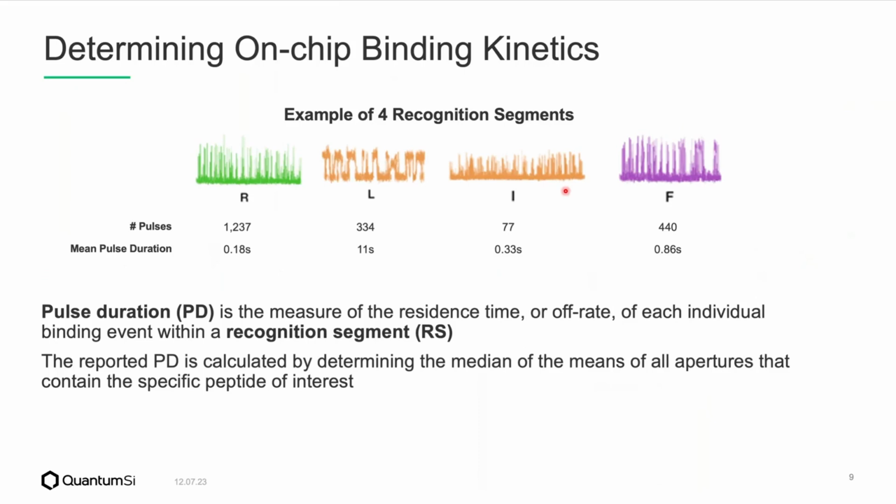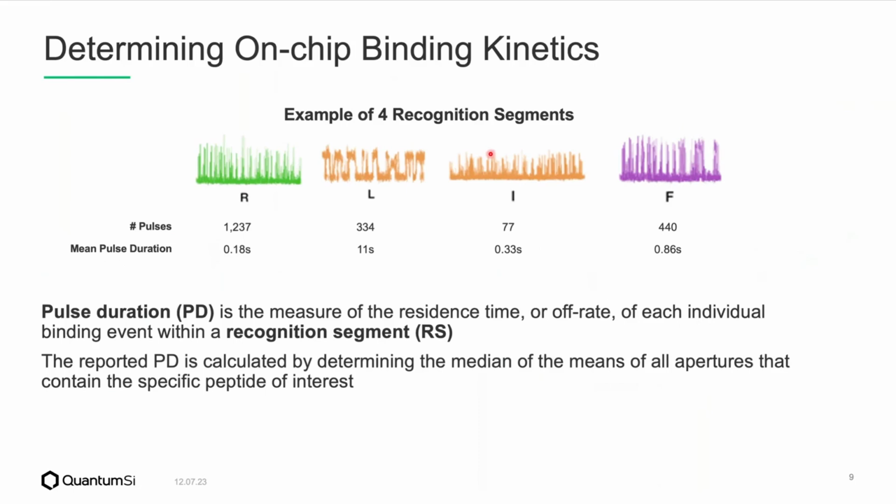Once we have identified a recognition segment, we then determine the number of pulses and the average length of each binding event within that pulse, and that value is reported out as our pulse duration. It is these differences in pulse duration within a single recognizer that enable us to discriminate multiple amino acids. As shown again in this example above, we have this leucine recognition segment, which has these longer pulses and an average pulse duration of approximately 11 seconds, compared to the isoleucine using the same recognizer, but with much shorter pulses that average approximately 0.33 seconds. So it's a combination of these recognition segments and the associated pulse durations that enable us to classify and identify